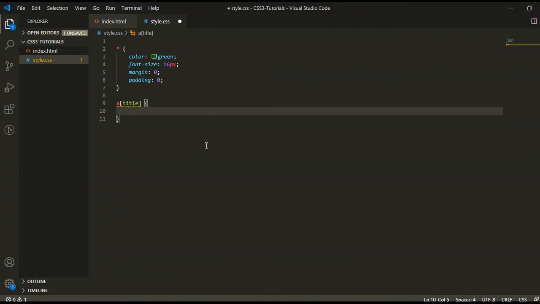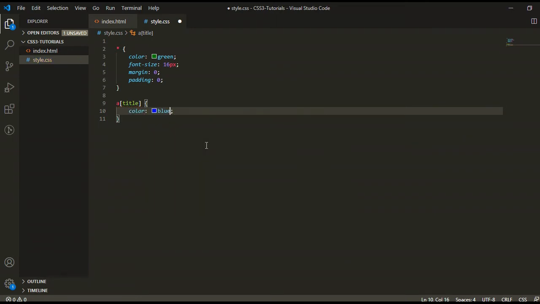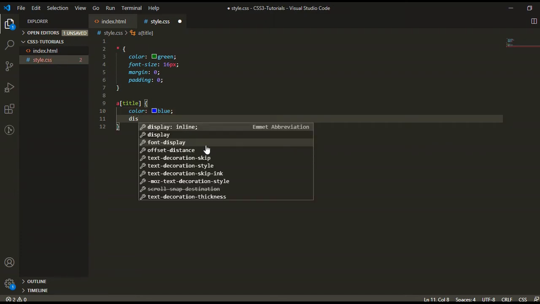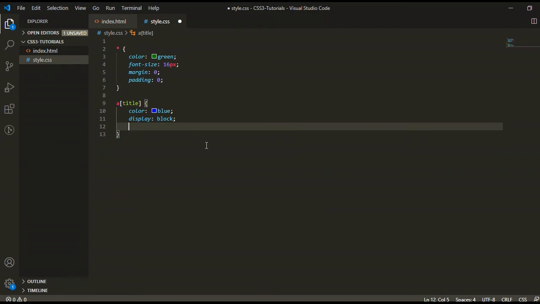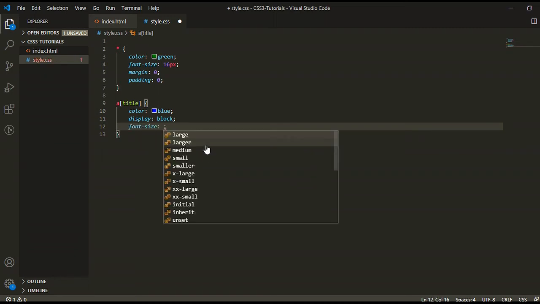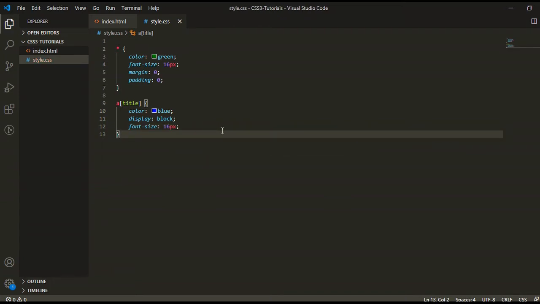So give the color for this anchor tag. Its color is blue, and the font size 16 pixel. So let's see in the browser.